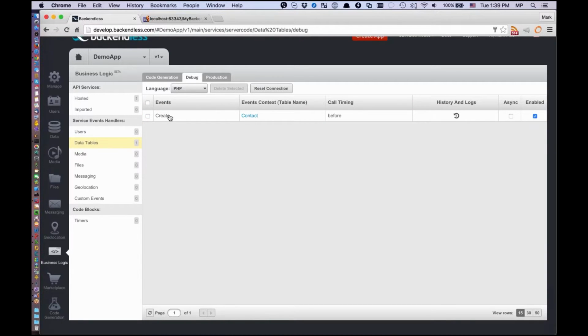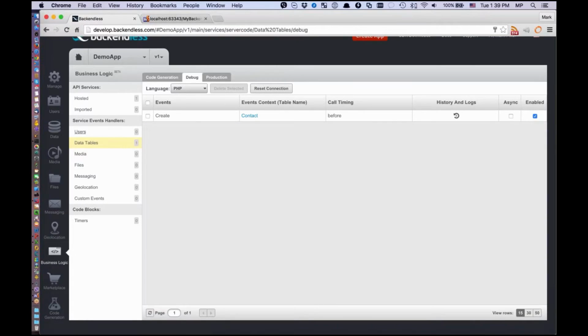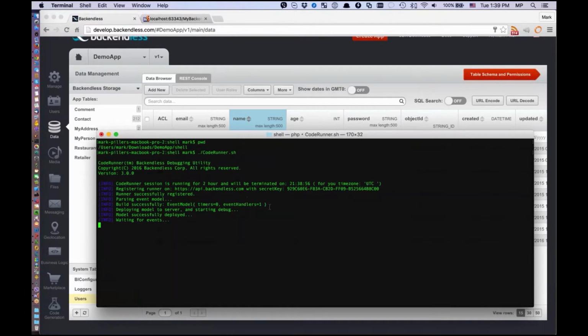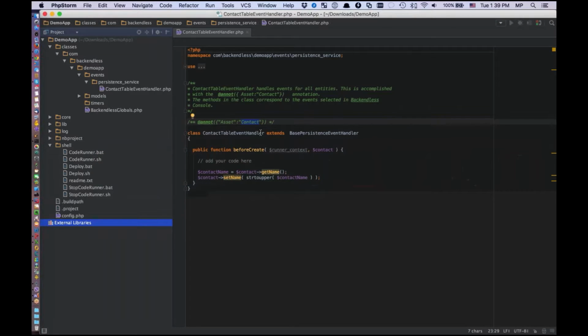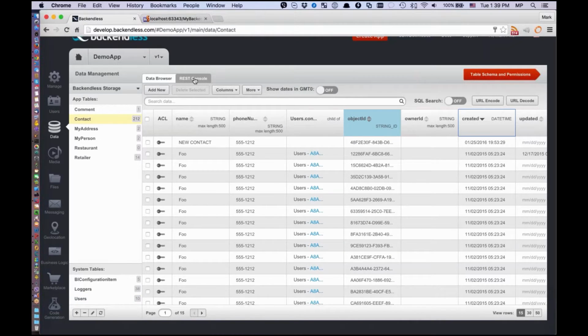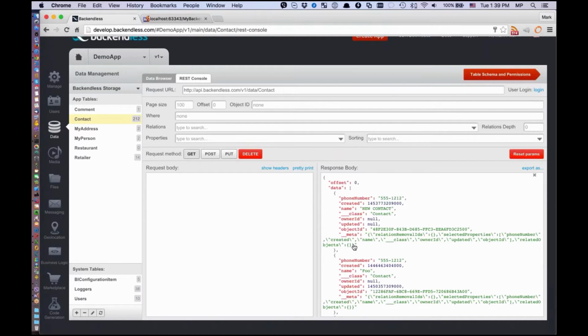So I switch to debug, and you see there is an event handler for a contact table that is running right here. This line corresponds to my debug process on my local computer. Now if I switch to data, and since this is an event handler for contact, let me double check this. If I go to my contact table and switch to REST console just so I can execute a REST API, I'm going to take one of the existing objects, modify it somewhat,